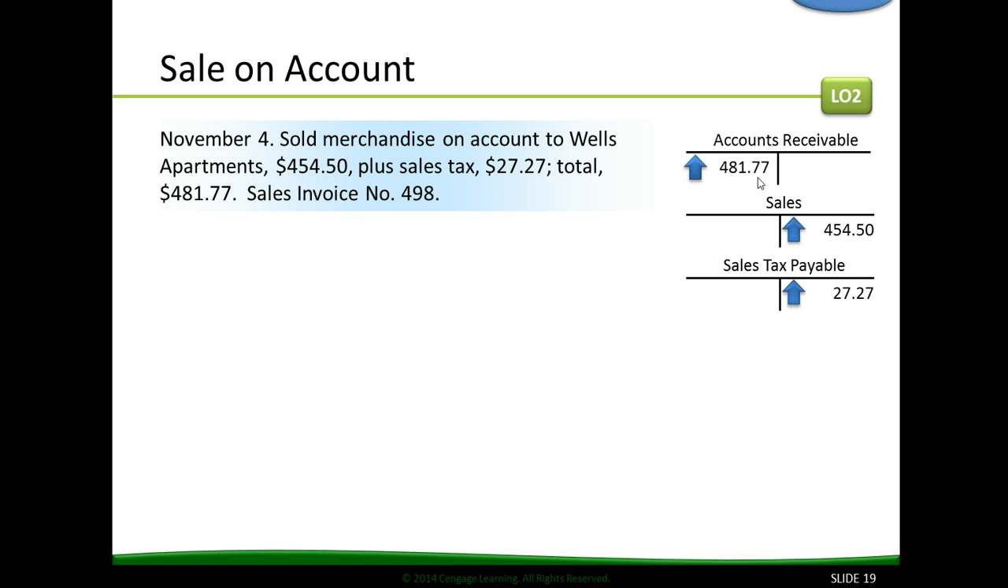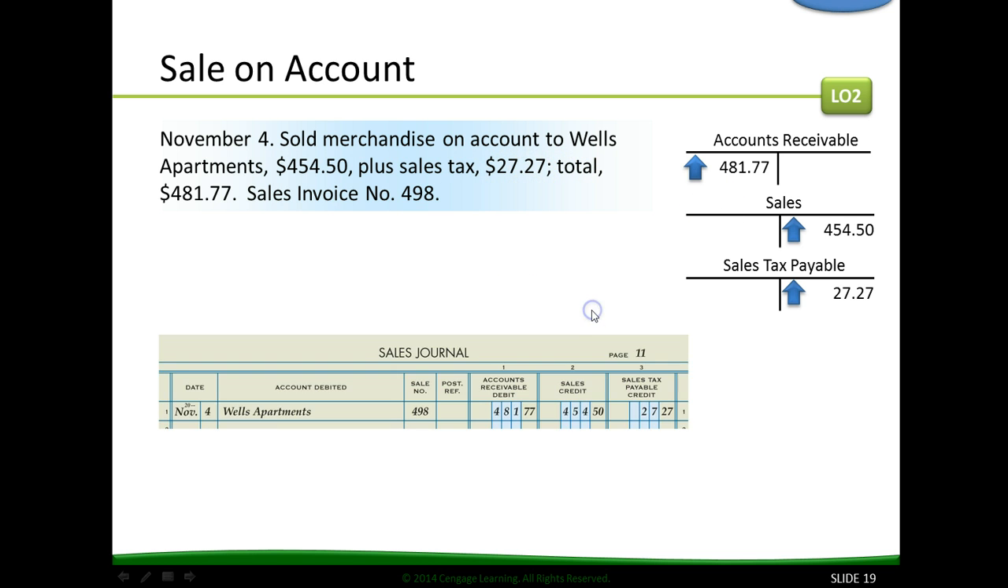Exactly. This is an account where we have to send the sales tax to the state. We can do it at the end of the month. Total of the sales tax payable, and we send them a check. Because did we collect the money? Yes, we did. We sold the $454.50 to Wells, and they paid us the sales tax, so we have to